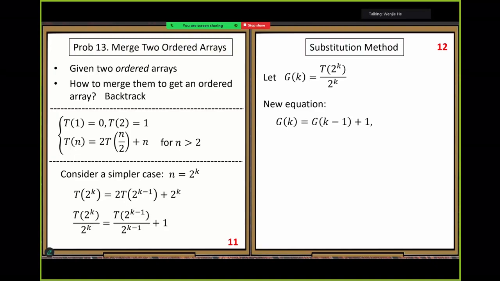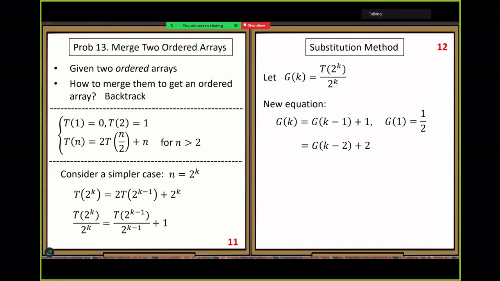So it's a very simple recurrence relation. Let's apply it another time. The initial value we need to use is g of 1 equals t of 2. T of 2 is 1, so 1 over 2, 1/2. Then the next equation, when we apply this recurrence relation, g of k minus 2 plus